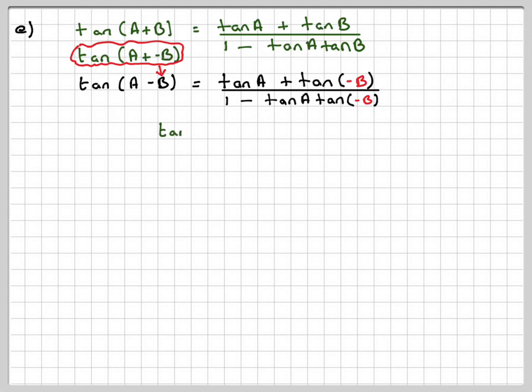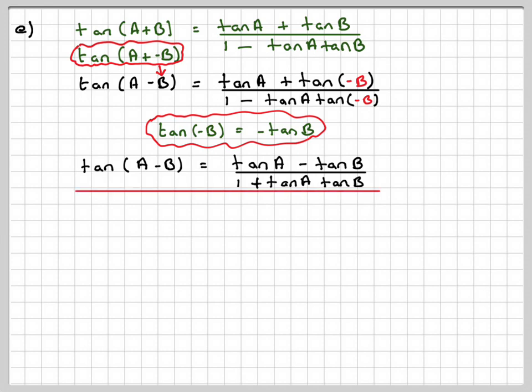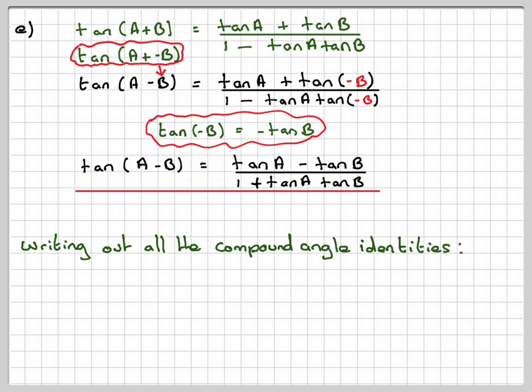Okay, so moving on, we're going to have that tan minus B is equal to minus tan B. So we're going to have tan A minus B is tan A minus tan B over 1 plus tan A tan B. Okay, so we now have actually all the identities. So if we write them all out, I'm not going to read them out, but we're just going to write them out so you can see them all. So that's sine A plus B,